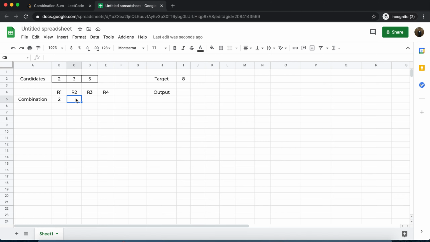So we'll again pick 2, and we'll keep on doing this until we either match the target or exceed the target. Right now the total is 4, so we can keep going until we reach 8. The third recursive function will again add 2, and the fourth will again add 2. Now at this point, we know the total equals 8, so we'll take a snapshot of that combination and store it in the output.